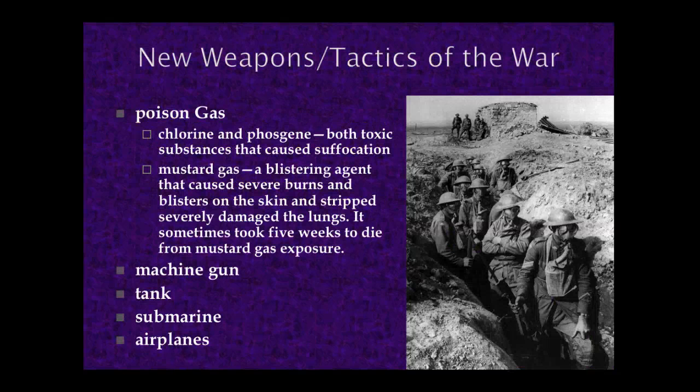So one of the things that come out of the war are new weapons and tactics of war. World War I is our first large-scale industrial war. And with the trenches, you have to be a little bit more creative because machine guns really aren't cutting it. The Germans are the first to use poison gas. There are a few different kinds that they would use. They would sometimes use chlorine and phosgene, which were both toxic gases that would suffocate you. Mustard gas became really popular, which was a really painful way to go.